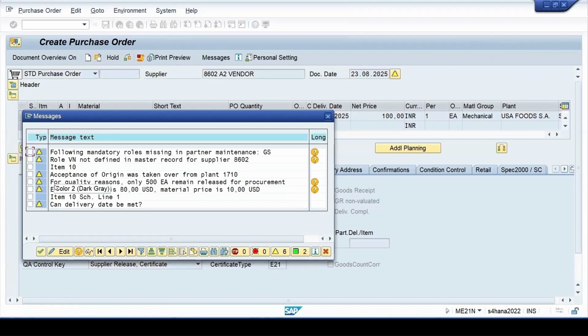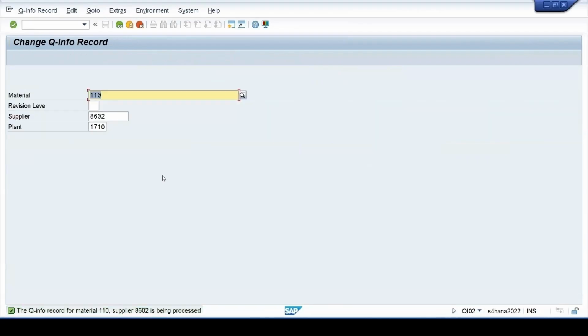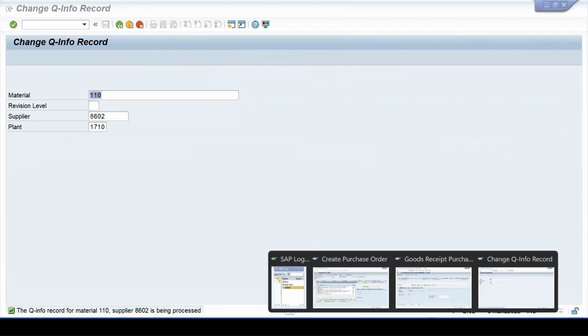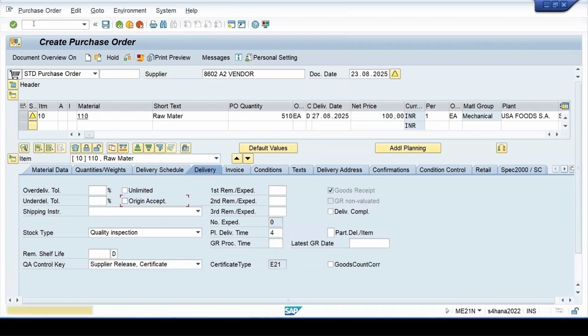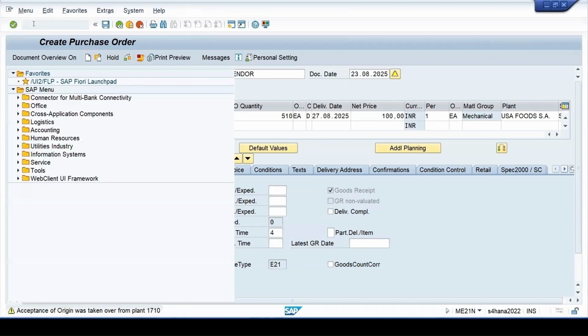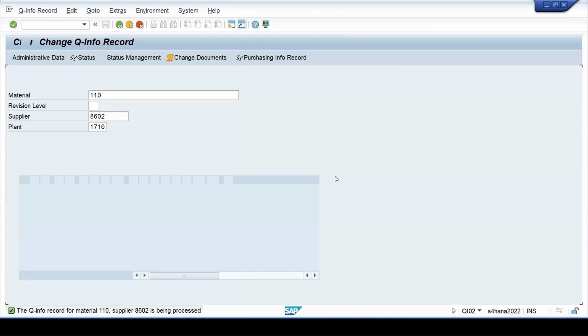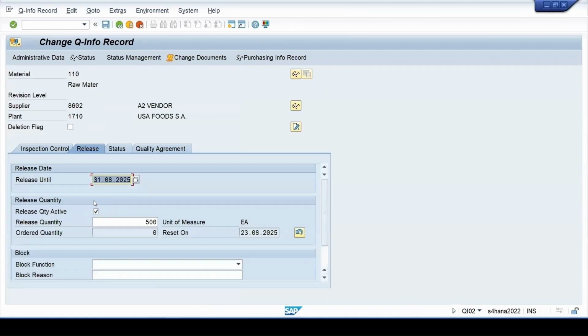Here you can see it is giving me a warning for the quality reason. 500 is allowed because that is the released quantity specified. It is processing. Let me close this one. I'm just showing you the impact of it. It's important, you have to check it. Once you have reached that 500 quantity, then it will be added here. I should have done the transaction only.